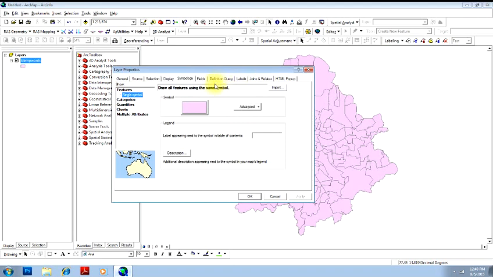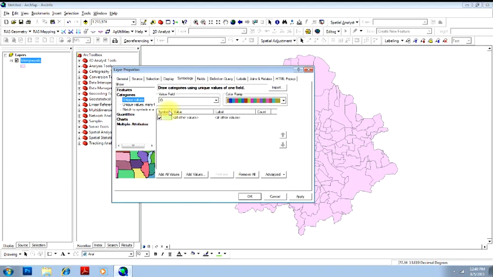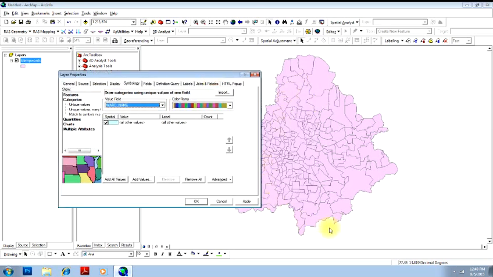So let me first go to categories, and here you have a value field called ID. I'll go to ward name, which means that this will be the color ramp applied to each of these wards.